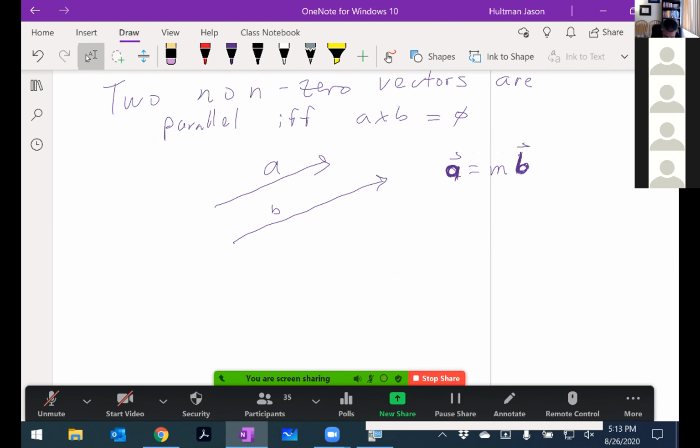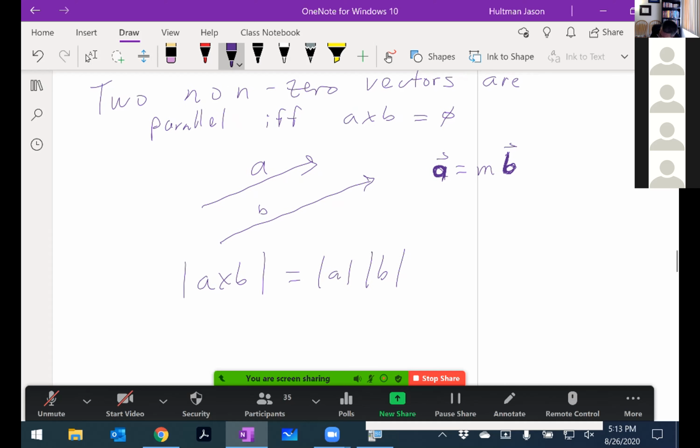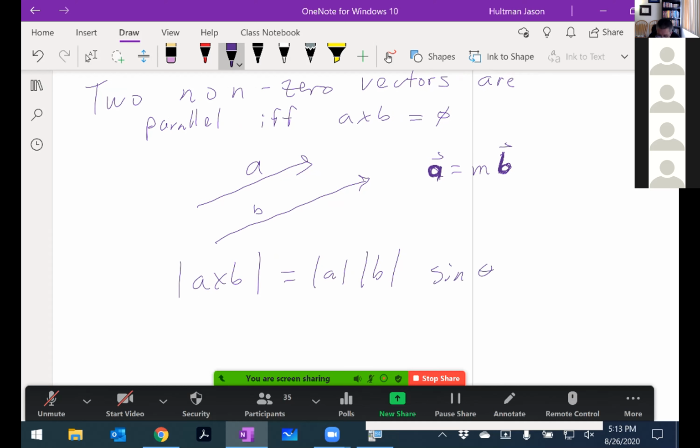Okay, so the magnitude of A cross B is equal to magnitude A, magnitude B times the sine of theta this time, right? So the magnitude of A cross B, it's not A cross B. Remember, the dot product was A dot B, but this is the magnitude of A cross B. Now, why is it the magnitude of A cross B? Because it is, okay,